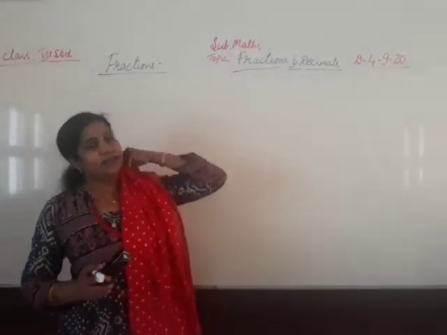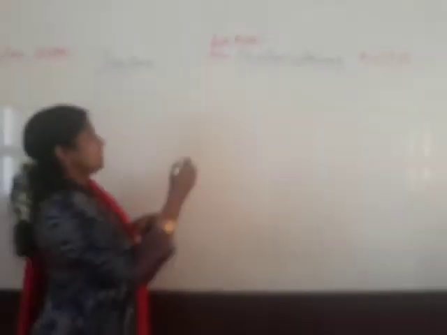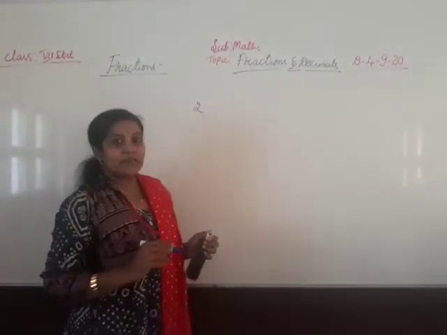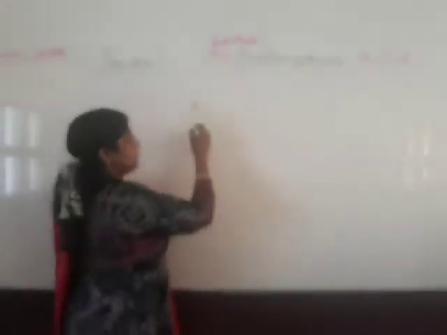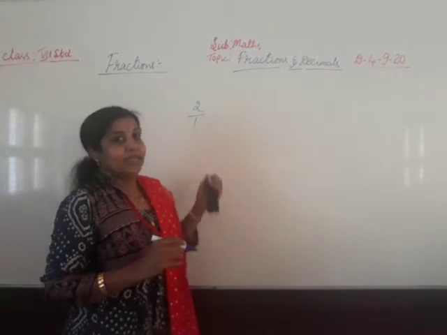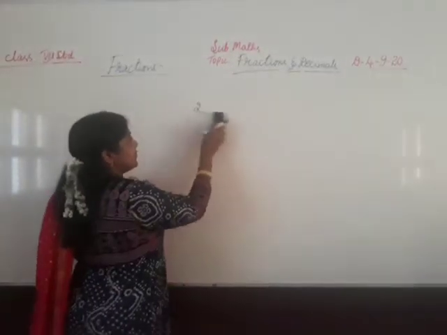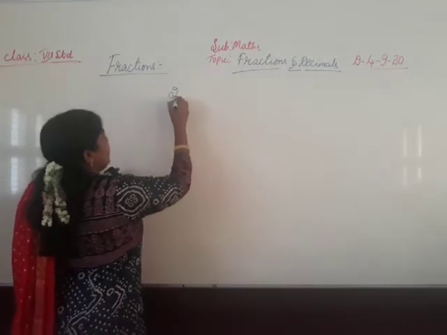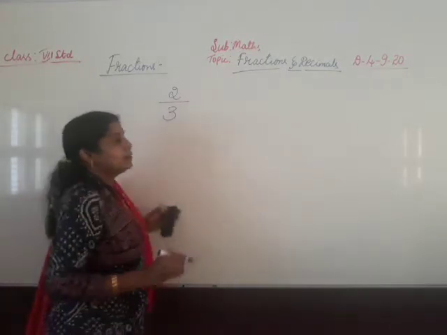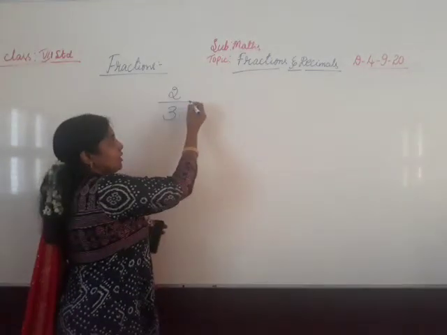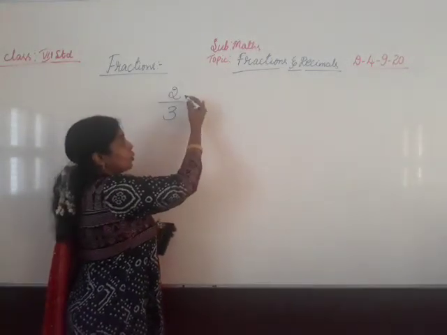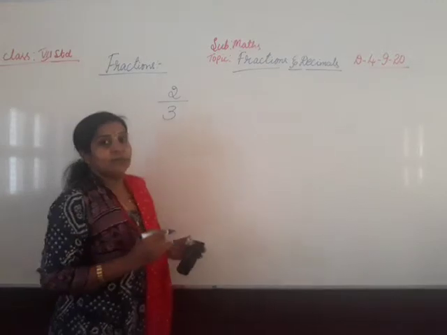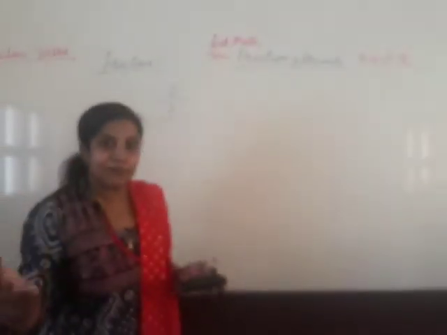I am not going in deep. And I know, is one a fraction? Can we call it a fraction? Yes. Because if nothing is there, one is there. It is a fraction. But if we write this, we can consider it as a whole number. And what is the form of writing the fraction? 2 by 3 or 2 divided by 3 or 2 upon 3. This is the way of reading the fraction.